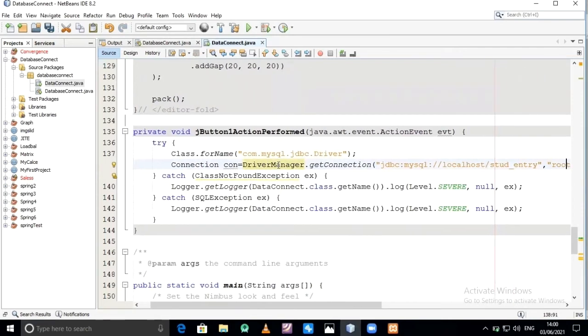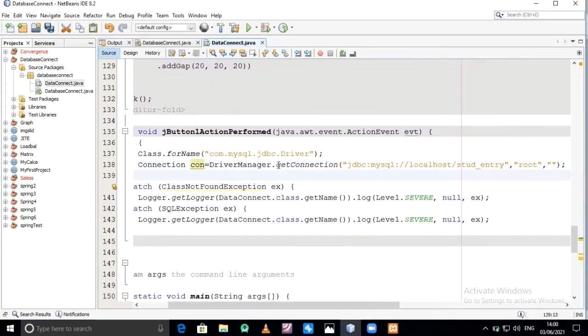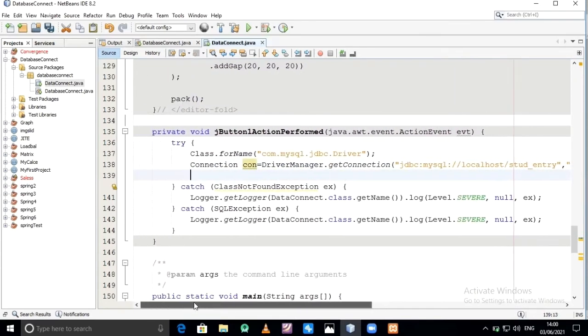Now we have to insert the values from the form into the database. For that we require a query: the insert statement equal to insert into student values.